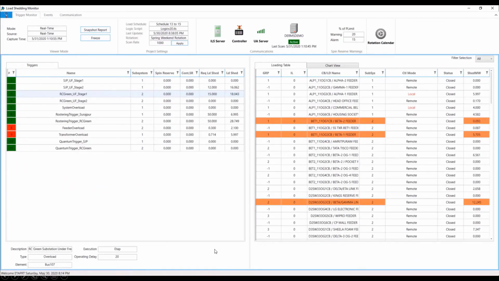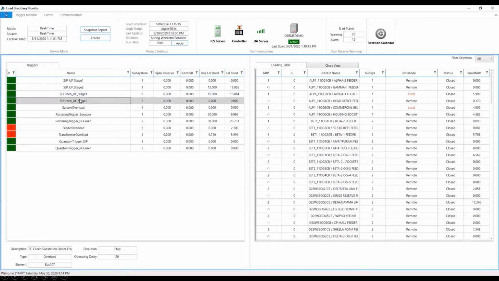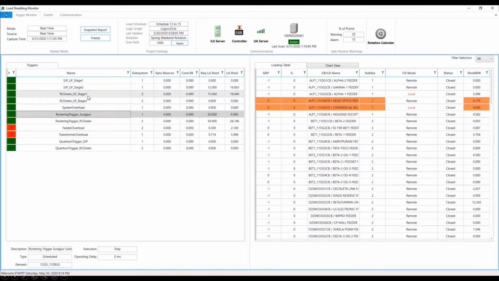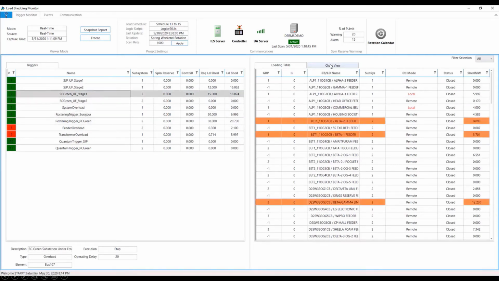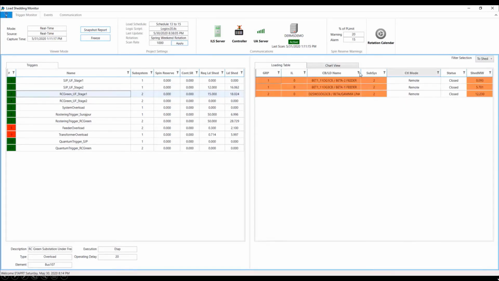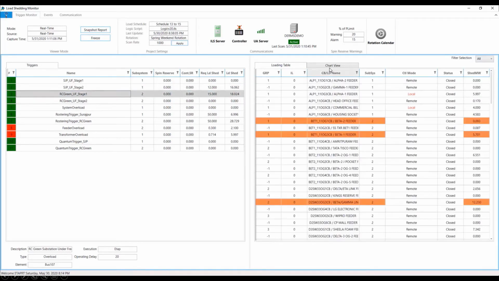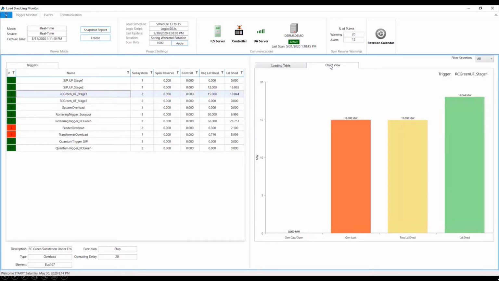Now, in this demo, we can see the state of each one of the contingency triggers configured. It's showing the calculated available reserve, estimated load shed, and selection of which loads will be tripped in the case that the contingency event becomes true. Note that this data is also being updated in real time to the local substation controllers, keeping them always up to date. Also, in this tool, the reserves available for each contingency event can be analyzed in real time. The reserves are considered on a system-wide basis to consider the available resources. This last is particularly useful when working with distributed energy resources.